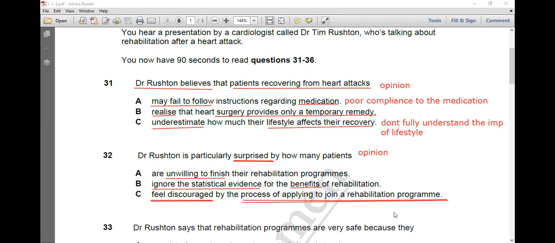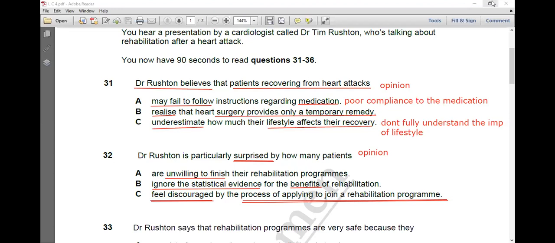Joining a rehabilitation program after a heart attack can cut an individual's risk of dying in the next year by as much as a fifth, and will significantly reduce the probability of having to be readmitted to hospital with a recurrence of heart problems. Many people opting out of rehabilitation seem to be well informed about these facts and figures, and yet research shows that even if a GP refers them and makes the process of signing up easy, patients may decline an offer made to them or drop out of the program quite soon. It seems that many patients are convinced it's dangerous for them to do too much exercise in a